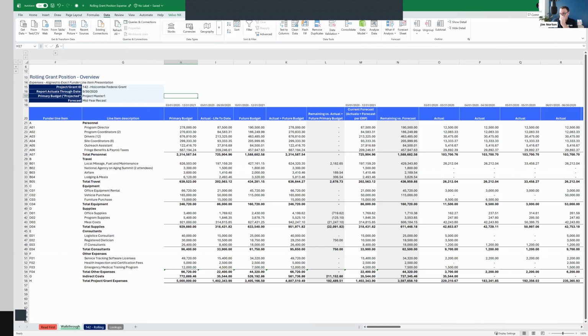Now, another strategy, right, is that typically when we have these multi-year type of arrangements, they're not going to line up with our fiscal year. It's very rare and lucky that we get an award that cleanly aligns with the fiscal year that we follow, especially if we're not following a calendar year as a nonprofit. That's when it tends to happen even more, that our funding agreements don't align with our organization year. So, how do we handle that?